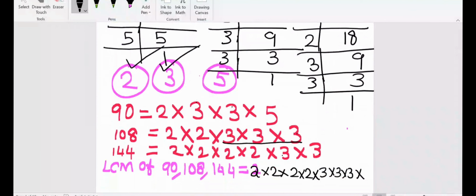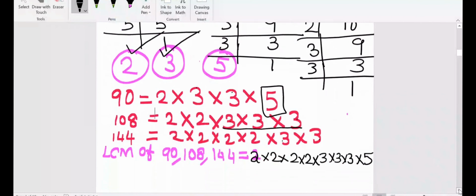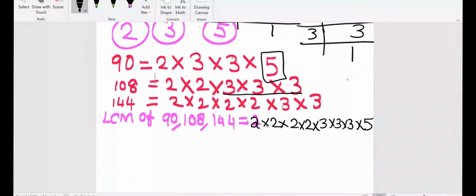So now all the 2's and 3's calculation we have written. Now what is remaining? If any number did not come as common, that should be considered and multiplied with all these common numbers. Okay, so this is the final step we are going to do. 2 into 2, 4. 2 into 2, 4. 3 into 3, 9. 3 into 5, 15.